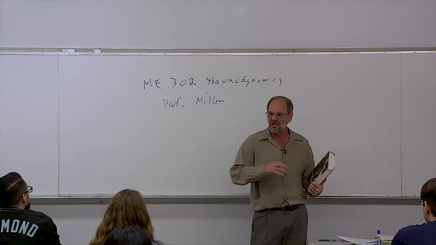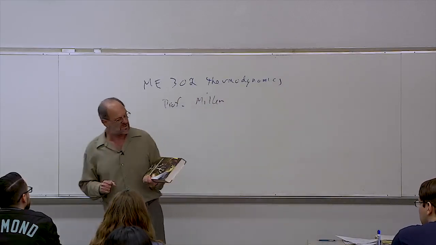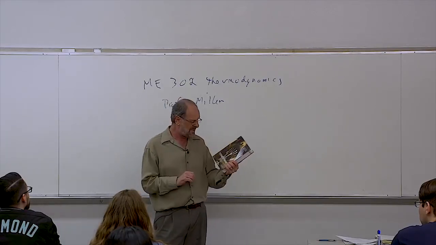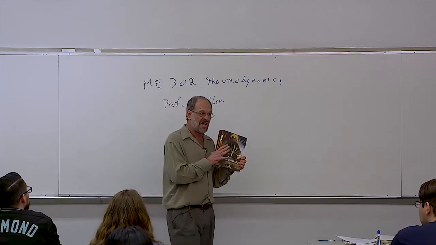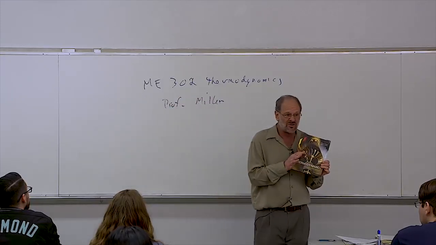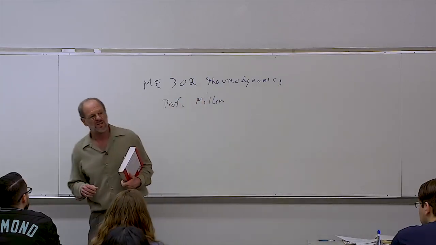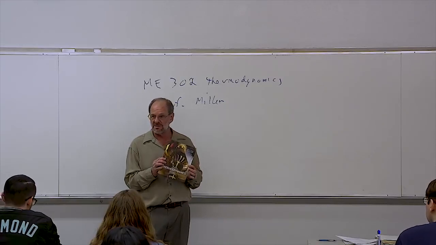But if you took ME 301, let's say more than a year and a half ago, before it was required to buy the electronic version and you just have a hard copy of the book, that's fine. Just make sure you have the 8th edition. Not that thermodynamics has changed much in 100 years, but certainly the example problems are different. The order of the materials is different from edition to edition. So please make sure you have the 8th edition.